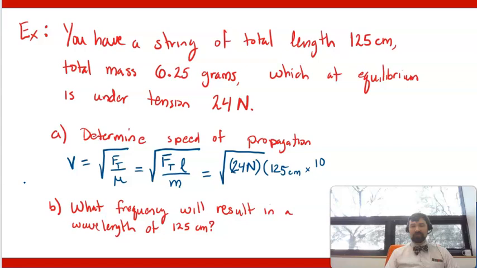So that's 1 meter per 100 centimeters. This is a 1.0, by the way, or 1.00 if you prefer. The mass is 6.25 grams, so 6.25 grams times,